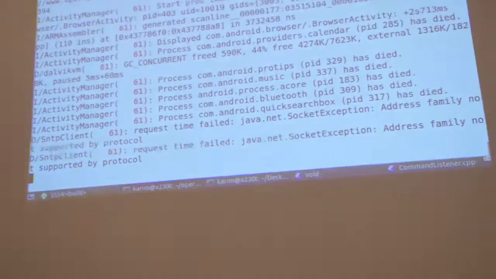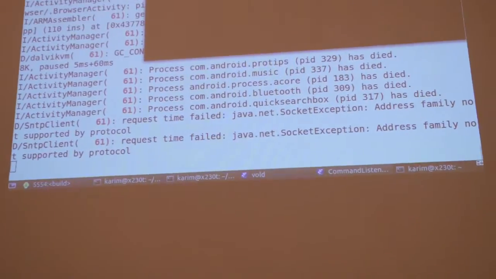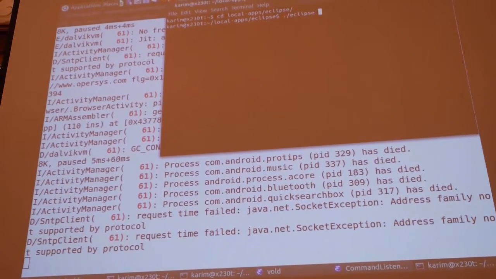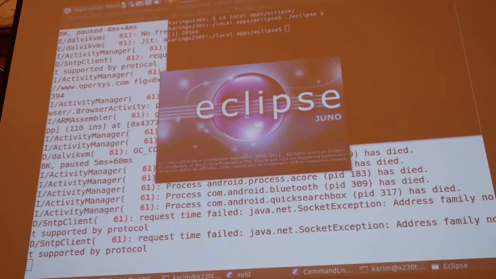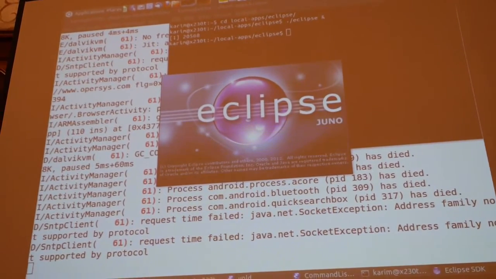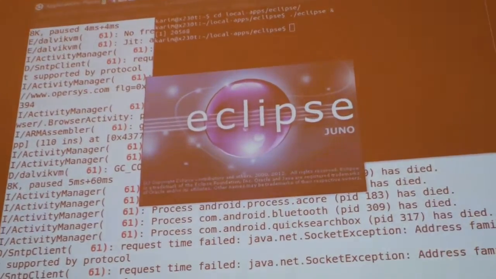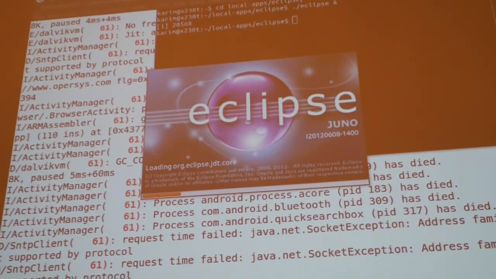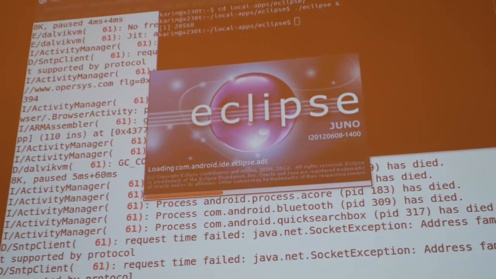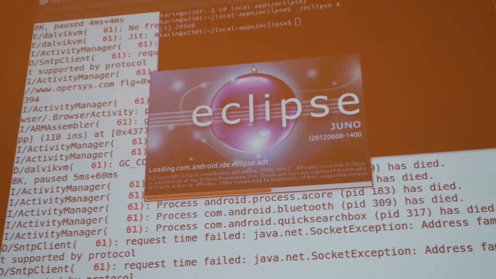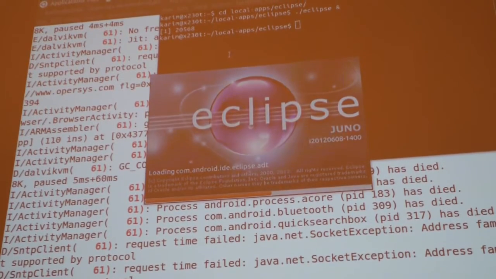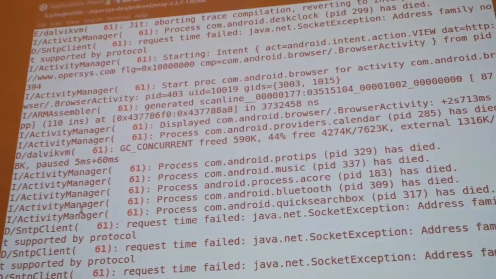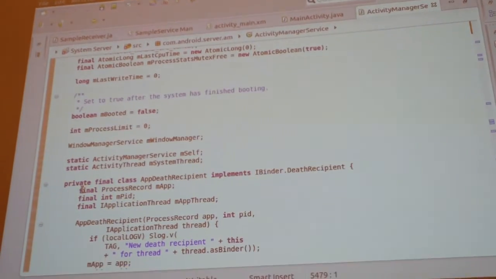I included Eclipse. I put Eclipse in the loop, so to speak, because Eclipse is pretty good at parsing Java and giving you ways of browsing around Java. I apologize, Eclipse is not the fastest thing to start. What I did is go into Eclipse and import all the sources of the system services, and once that was done, I opened